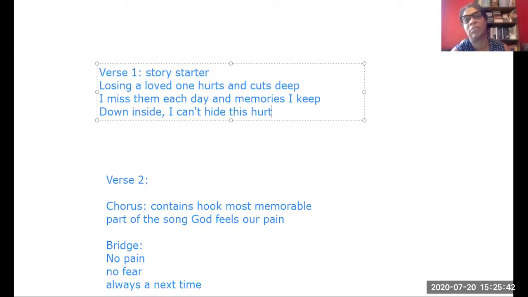This sounds very sad, you guys, but it's okay because the chorus is going to fix everything. In a movie, you have something happening, and there's a bad guy, and everybody wants the bad guy to get what's coming to him or her. Then a hero comes in and saves the day, whether it's Superman changing his outfit in an old-fashioned phone booth before cell phones, or in an intergalactic battle, all of a sudden an awesome spaceship comes in, fills everything with light, and blows up the bad guys. That's what a chorus does. We develop a problem or a story in verse 1, and the chorus comes in and saves the day and solves it.